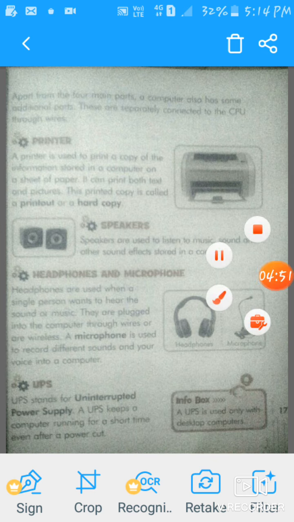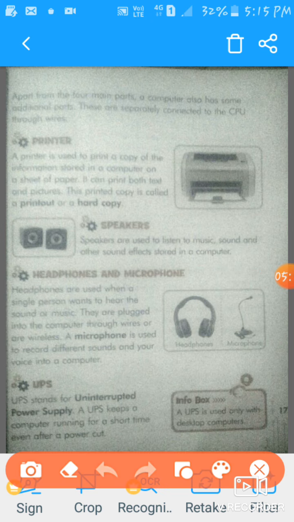Now apart from the four main parts, a computer also has some additional parts. These are separately connected to the CPU through wires. You can see the printer. What is a printer?